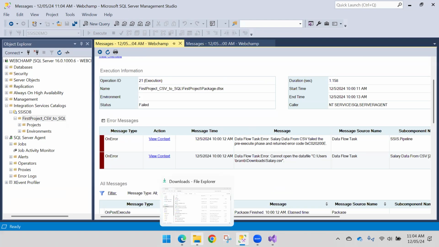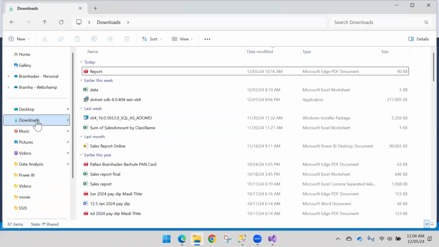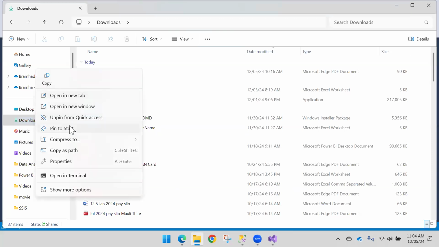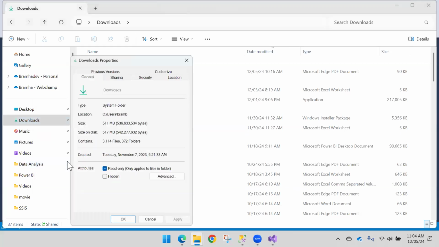set the, or you can simply share this folder, allow the sharing for that folder, because this folder access is allowed only for the user who is the admin for the system. But if you want to access this folder by the SQL Server, you can go to the properties,